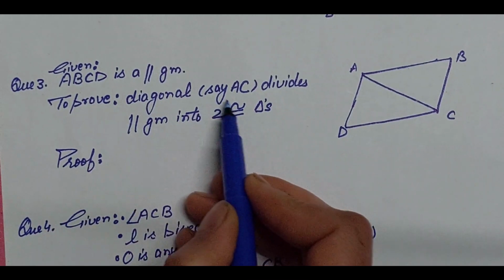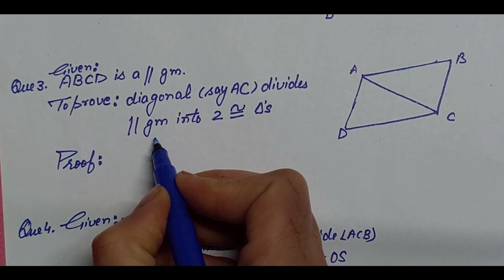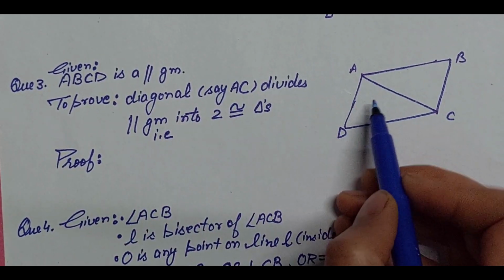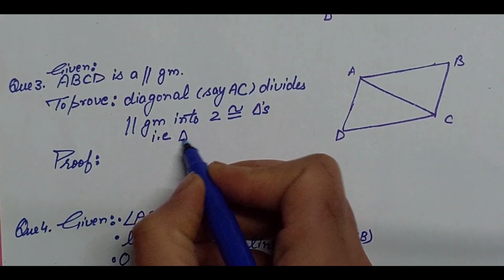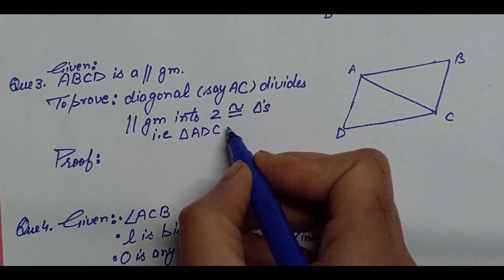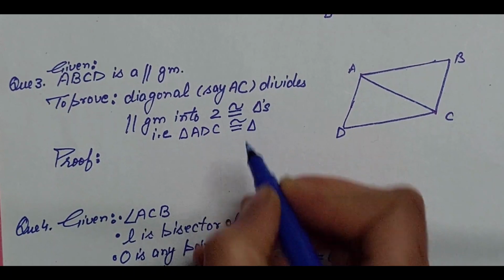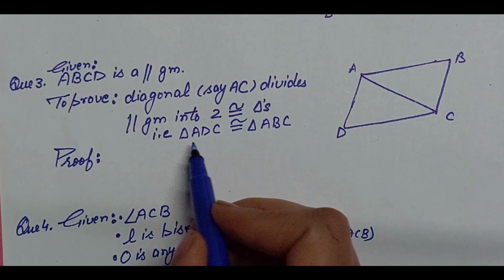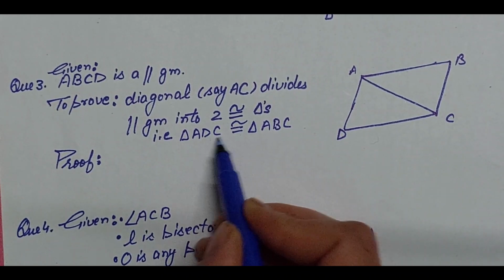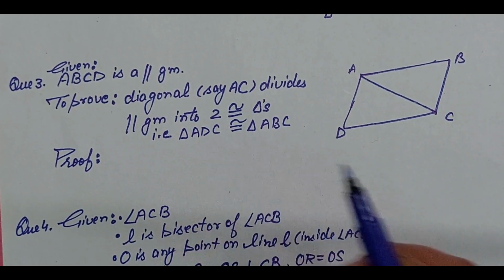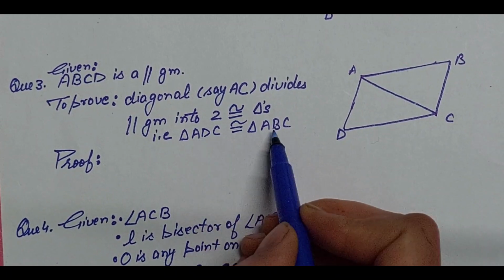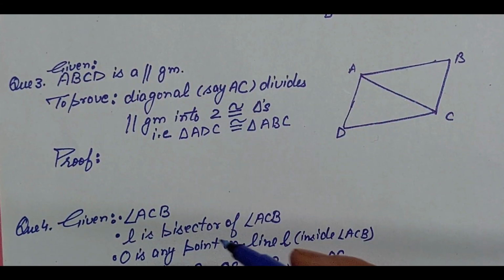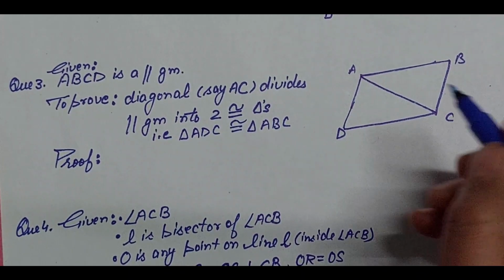Our proofs should never be complex. Let's write it in mathematical form. So that means we have to prove this triangle ADC is congruent to triangle ABC. Okay, I'm just writing them randomly and they may not be congruent in this order. So the order should be correct in the final step, when you prove the congruency.